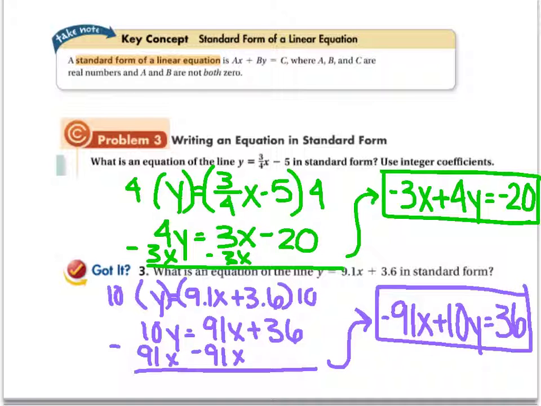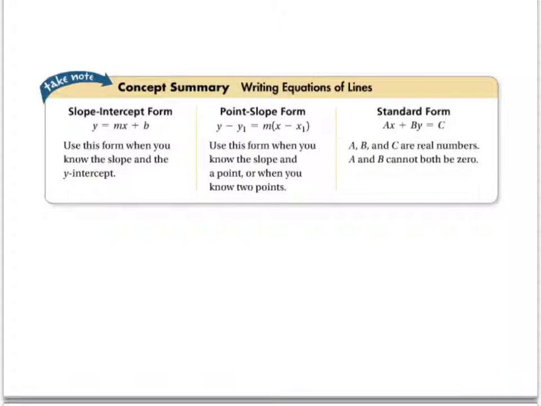And the last slide, we're going to do kind of a wrap up of all the forms that we've done. We talked about slope-intercept yesterday, obviously using the slope and the intercept. We talked about point-slope today, using a point and a slope. Remember, for point-slope, if you don't have a slope, if you only have two points, you have to find it. And then standard form, just talking about ax plus by equals c. Your homework for today